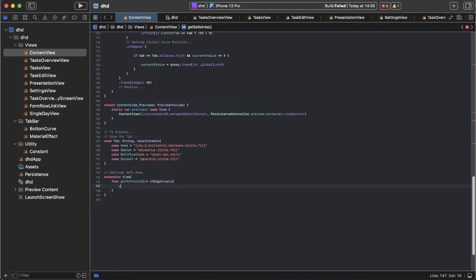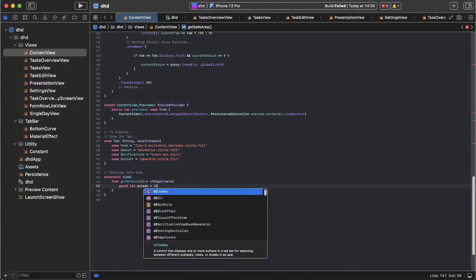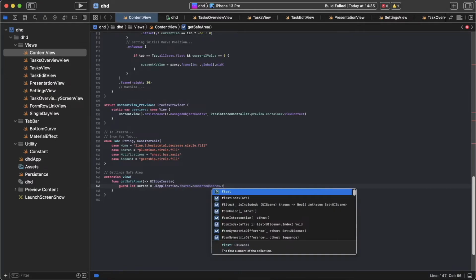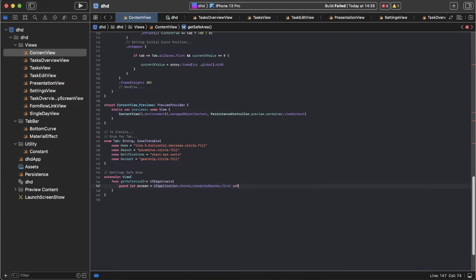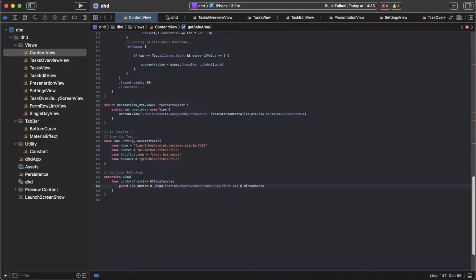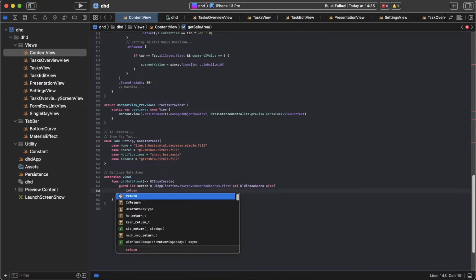And here we go: guard let screen equals UIApplication.shared.connectedScenes.first as? UIWindowScene, for this one else return